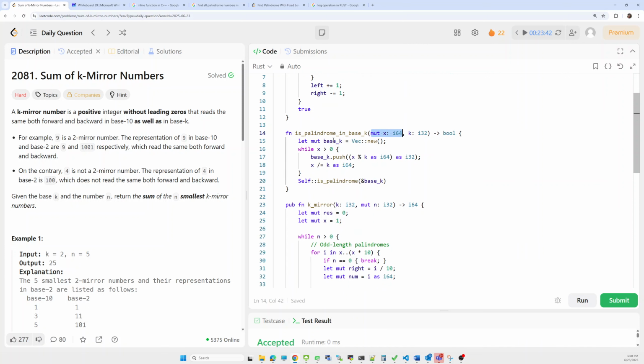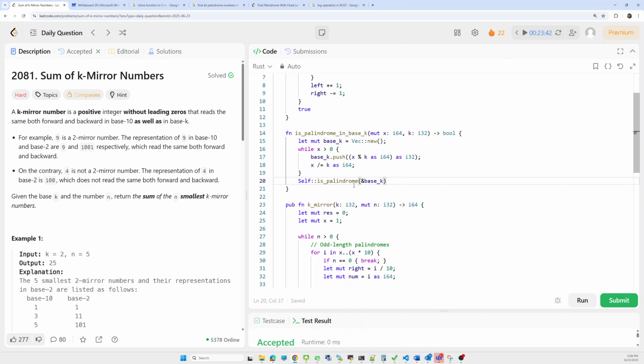Based on that, we create a vector base k, and in the while loop we extract all the digits in base k format and append each digit to the base k vector. After that, we call the is palindrome method on the base k.